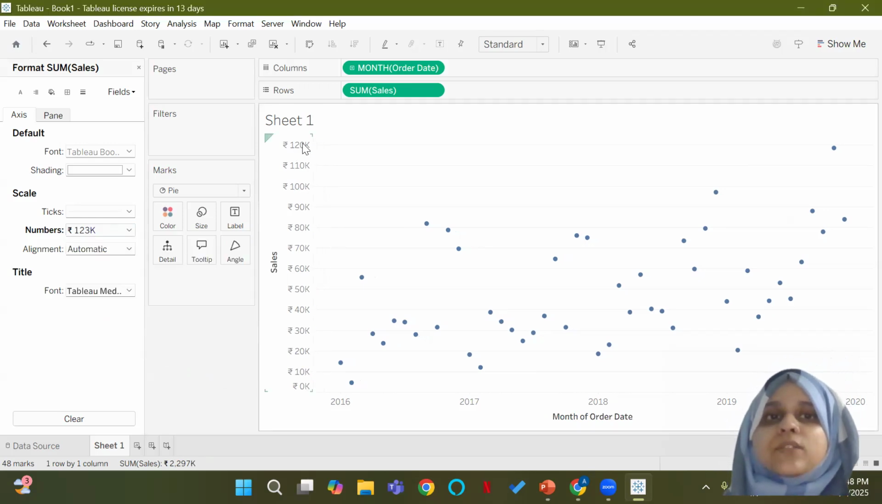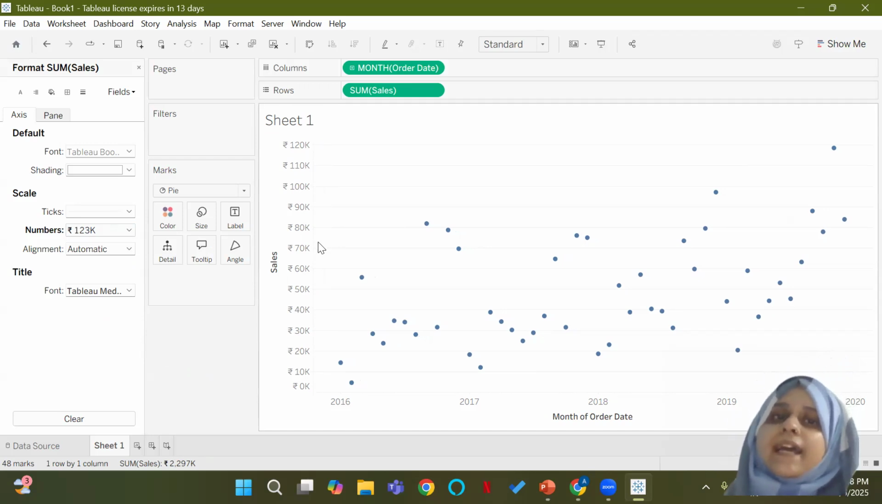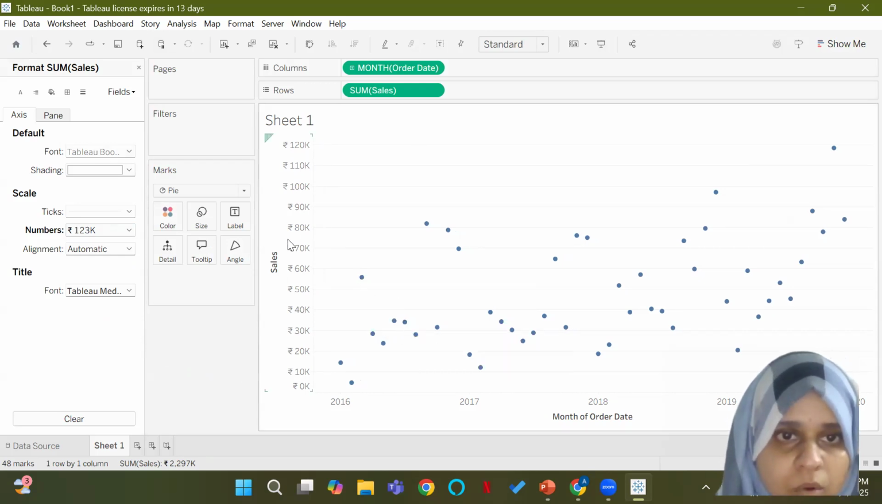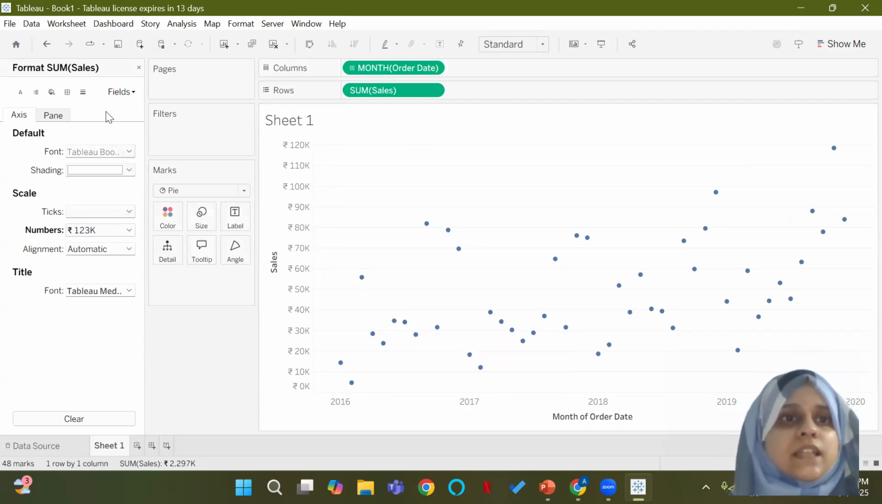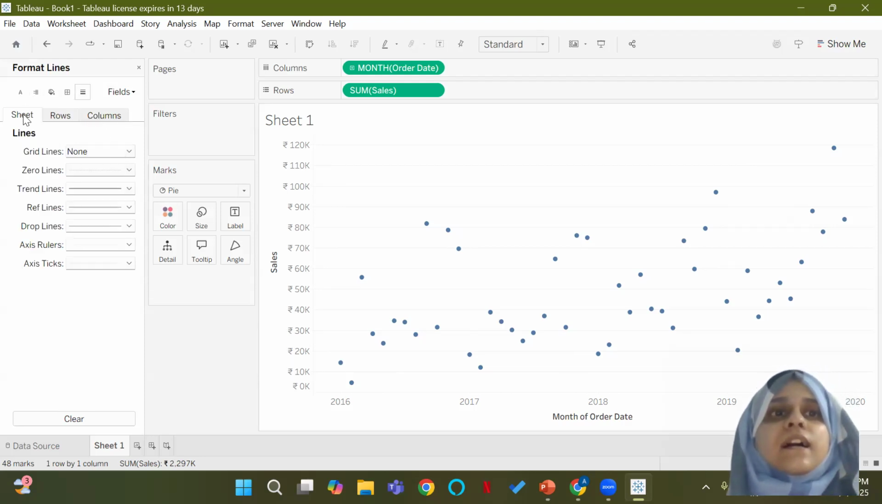Once I've done that, you can see that the zeros have been removed and it is replaced by K. And even here also, if I want to do it in pane, it has also already been updated in pane as well. Okay. So this was the first part. Now let's go to the